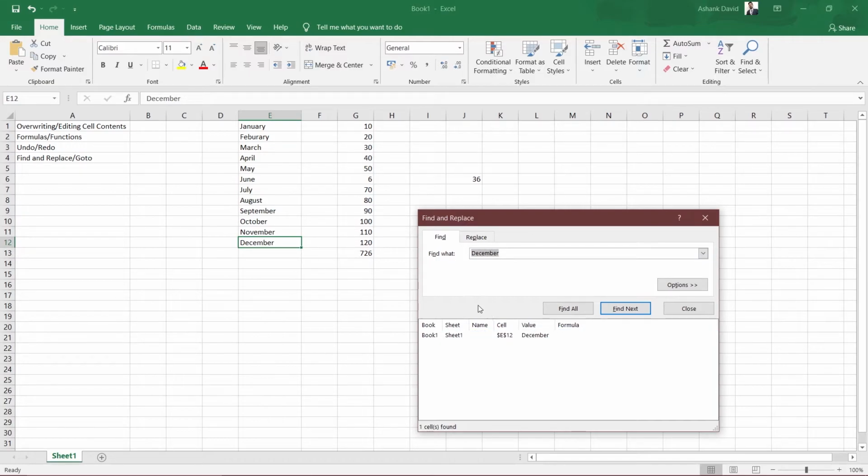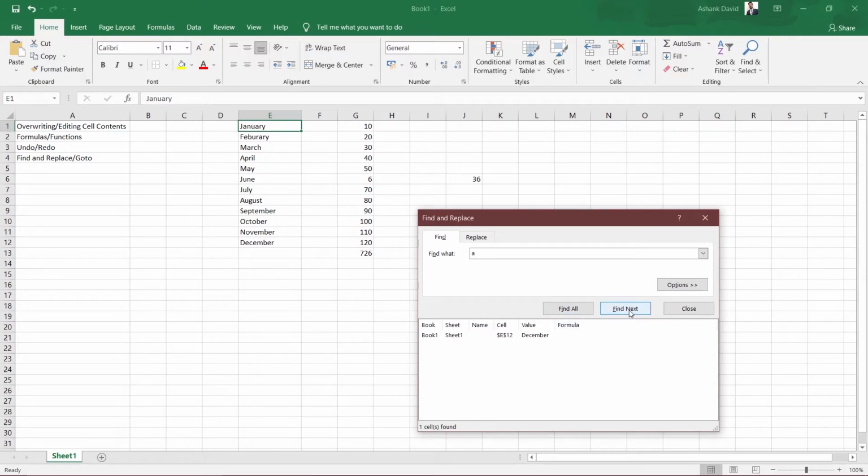But let's find A again, and if you click on Find Next, instead of giving me all the A's in one list here, it will show me the cells one by one. If I click once on Find Next, first it showed me where the first A is present, which is in January.